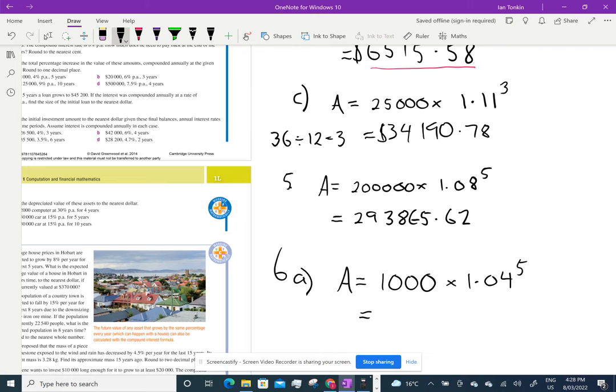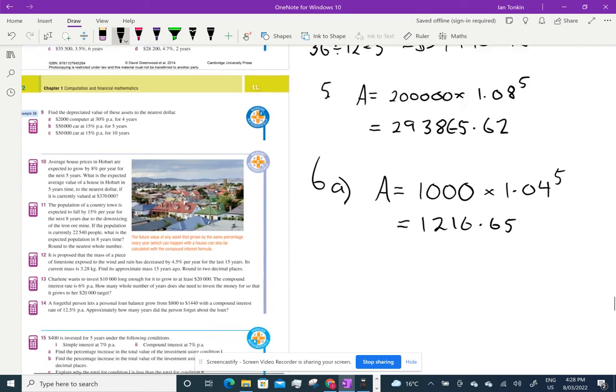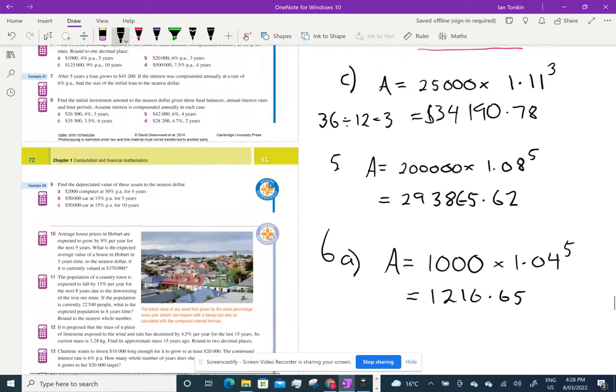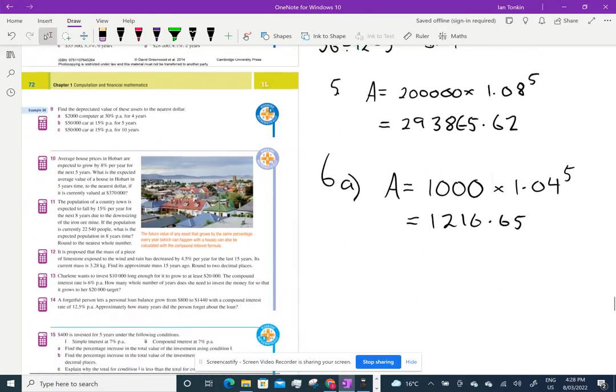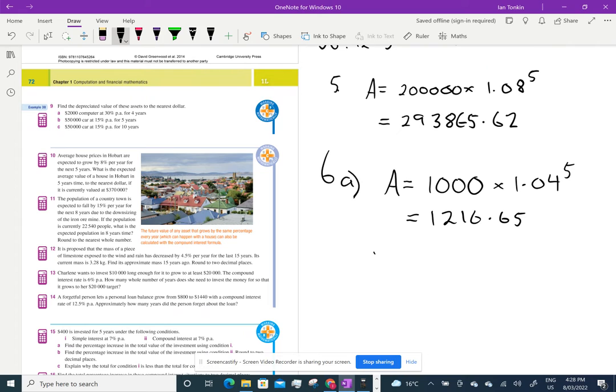1216.65. That's how much is in the bank. Now, I have to find out the total percentage increase. Well, what's it gone up by? So the increase is what it is now,